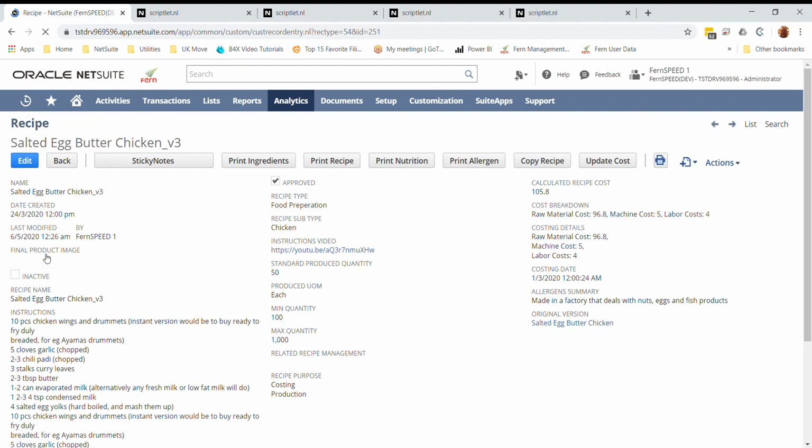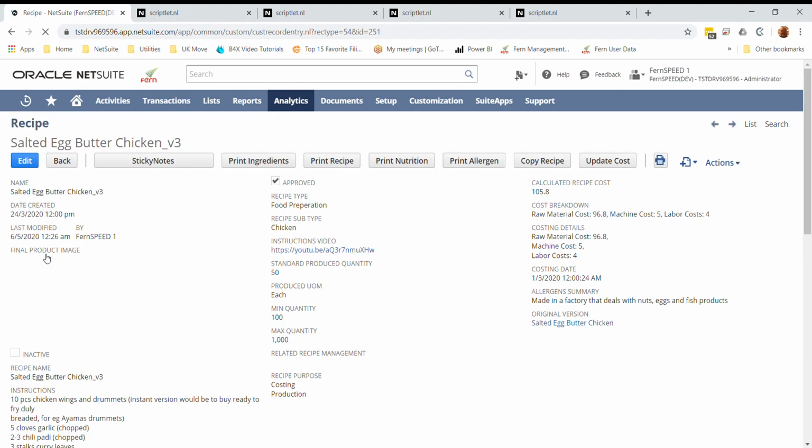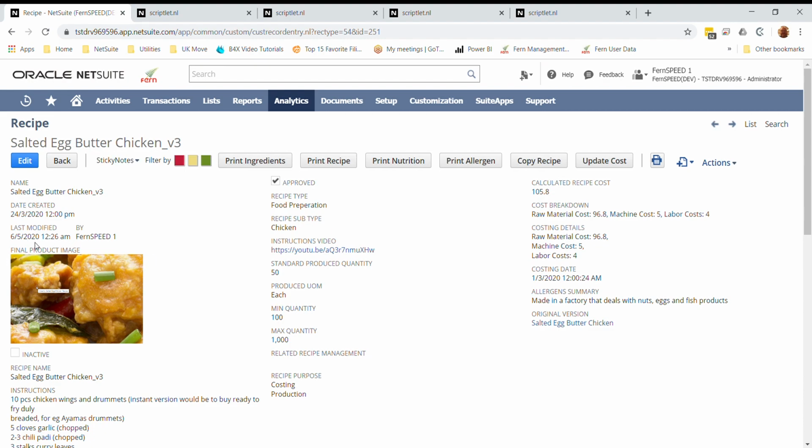So once you go into the recipe, you see there are various things available. There is the product image. You can put in multiple product images. You have instructions here. You have an approval flag. You have an instructions video if you want, and you have various ways to control the amounts that are produced. You have the standard produced quantity, the produced unit of measurement, and minimum and maximum quantities if you're restricted by